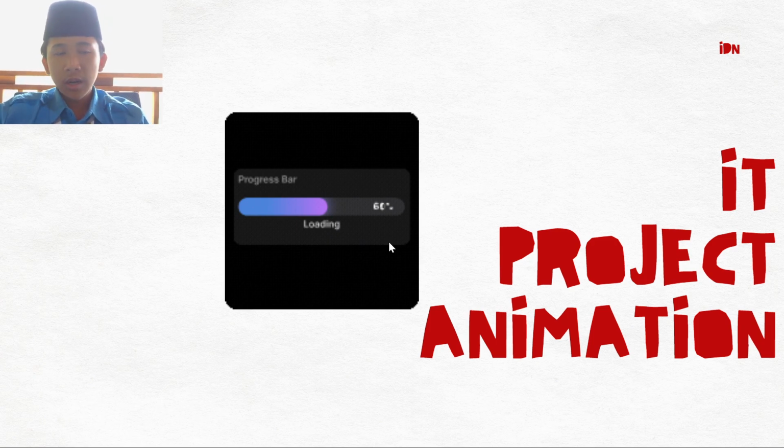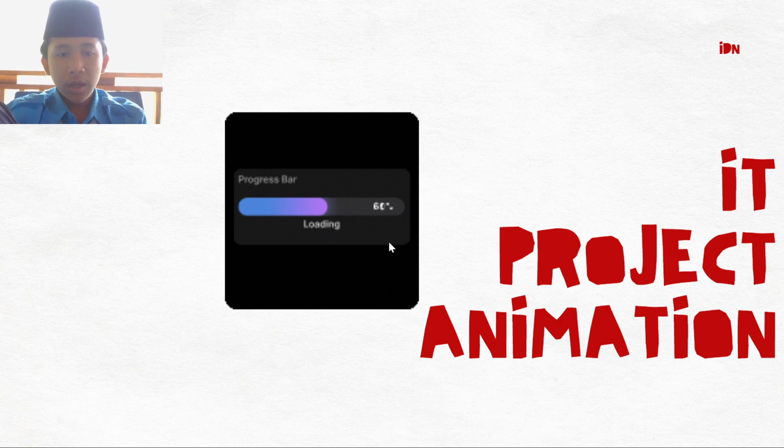The progress bar uses a gradient color. The color looks more attractive and not boring because of the gradient. And I also add a percentage number and a loading text so users can understand what is happening. For the animation, I use Lottie to make it smooth and lightweight so it can be used in apps or websites easily. In conclusion, this design improves user experience by making loading screens more informative and visually appealing.